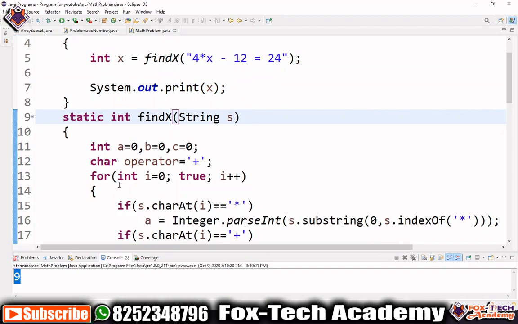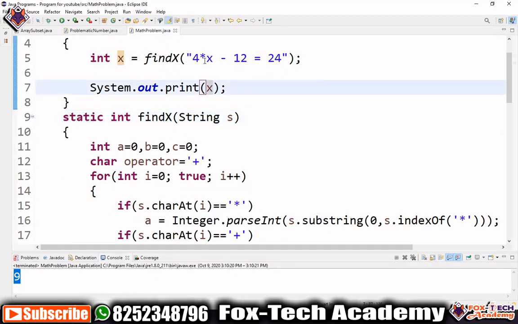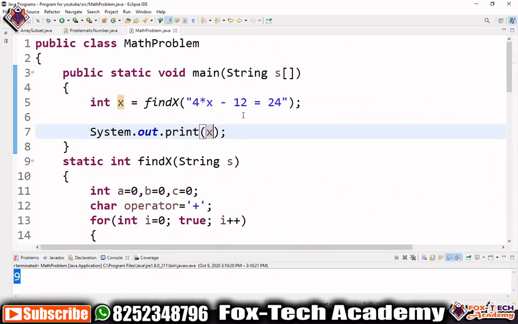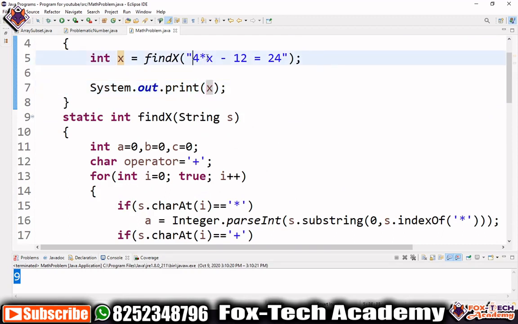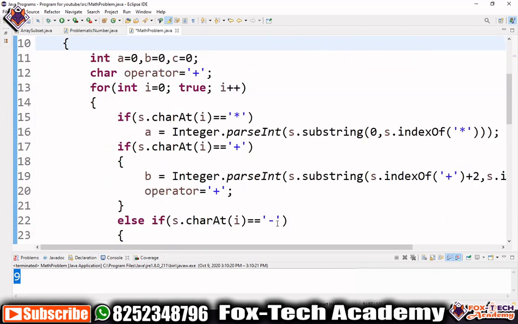It is returning 9, the value of x is equal to 9. It means that if we put 9 here, 9 into 4 is 36, minus 12 is equal to 24. So our program is right. So this is the program.